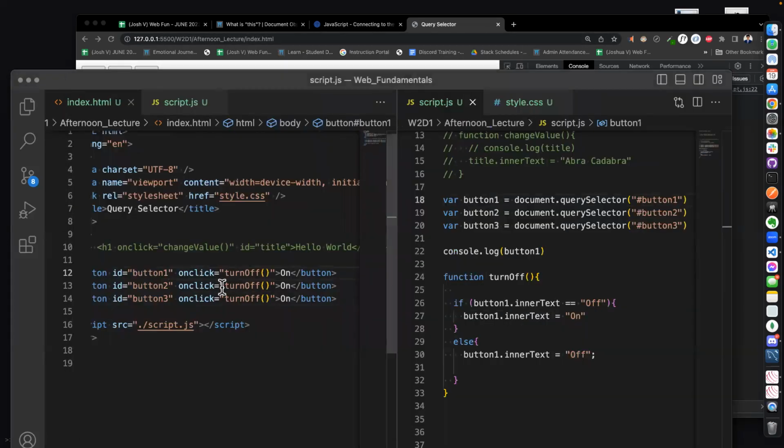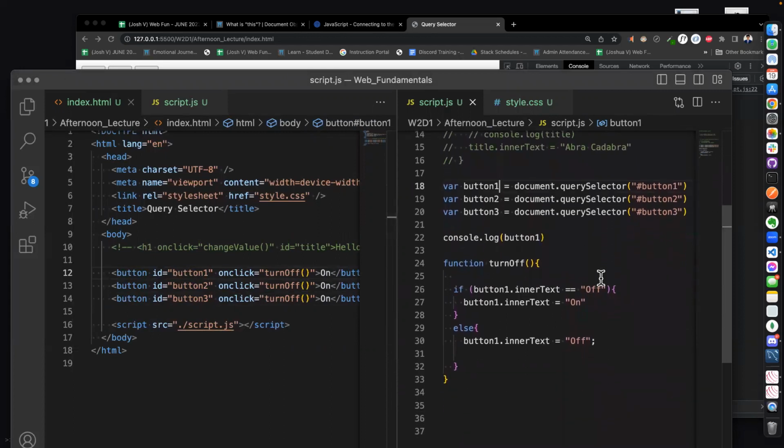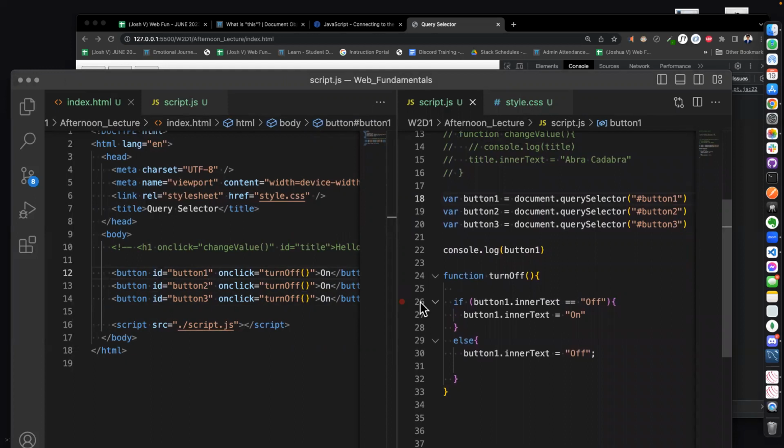Oh, no, it's not right. So what did I forget to do? If button one dot inner text, okay, so they all have access to the same function, turn off. So all of the buttons switch button one off and on. So you know what I could do to make this even better is to switch this to be the turn off one function. So, and then I'll copy this